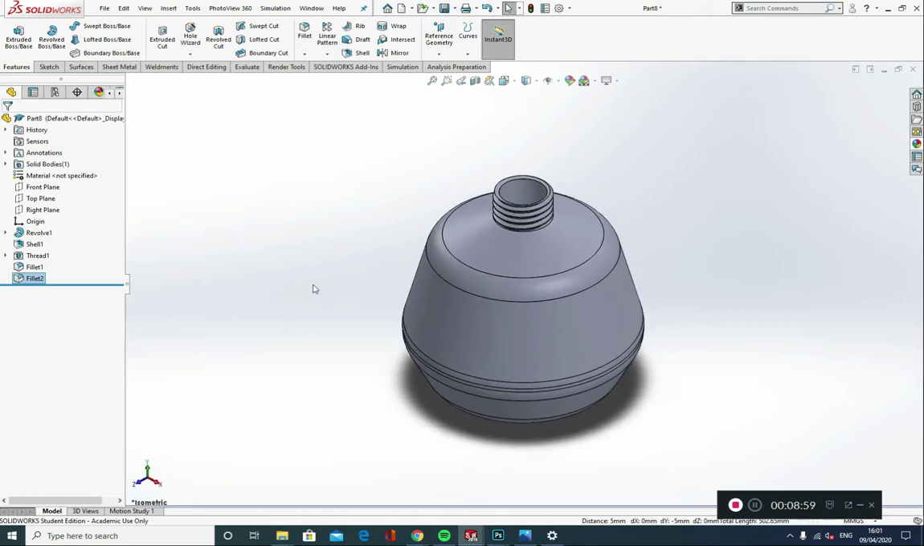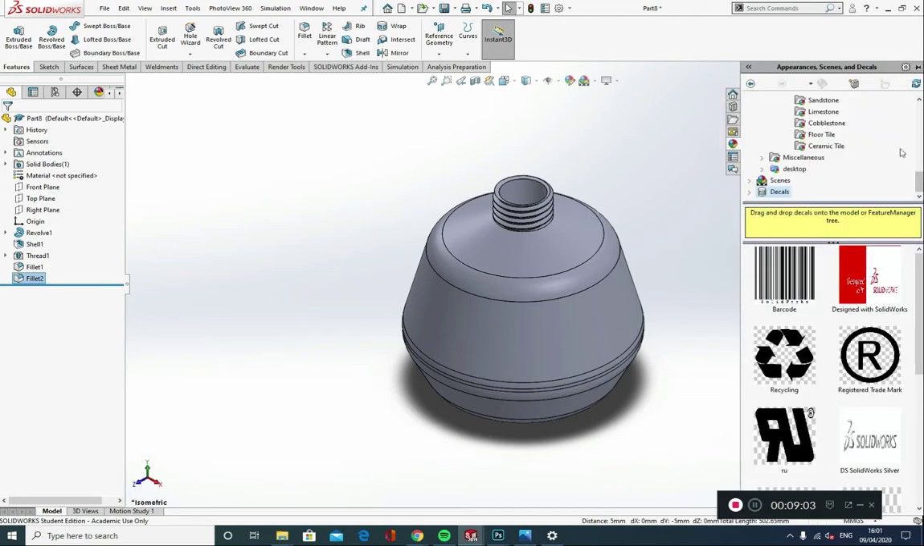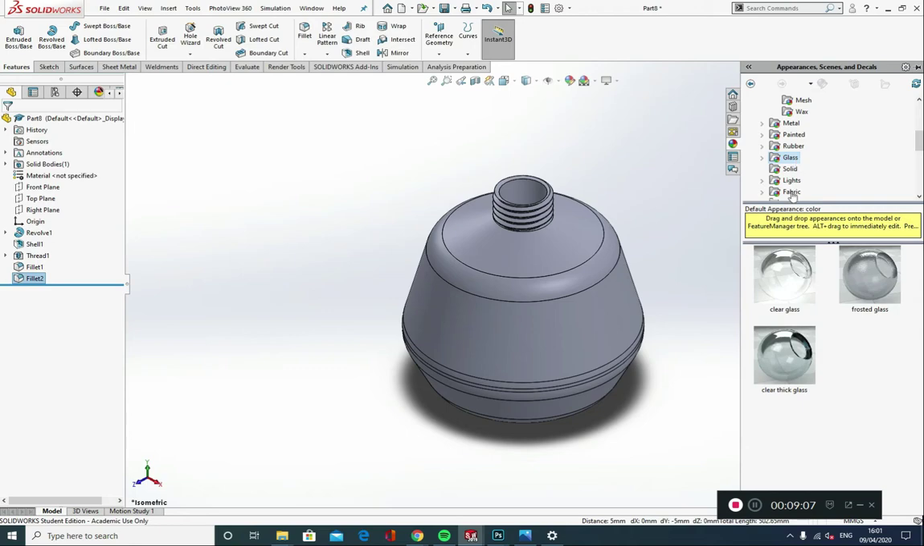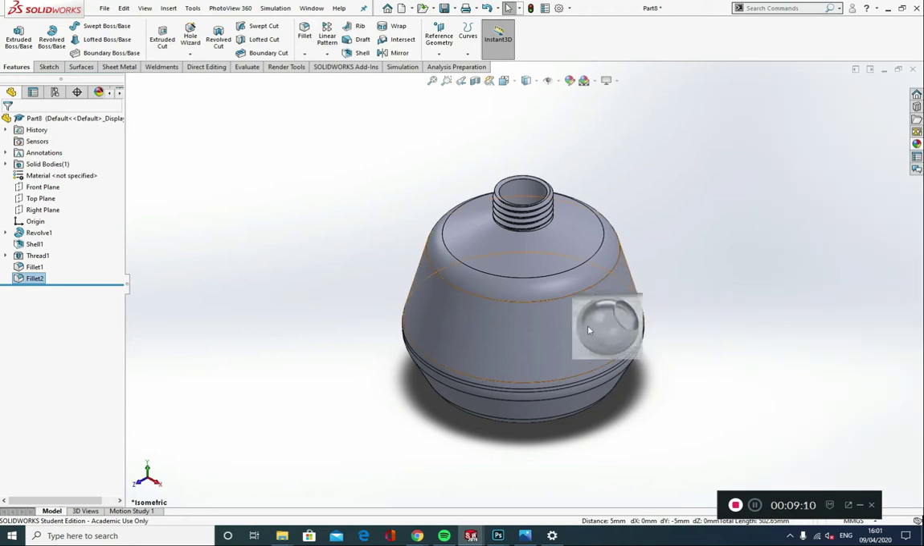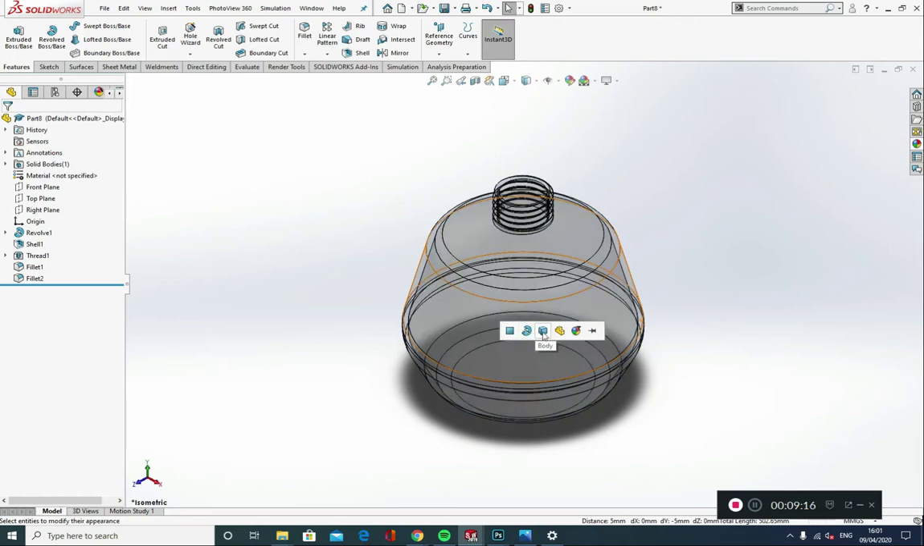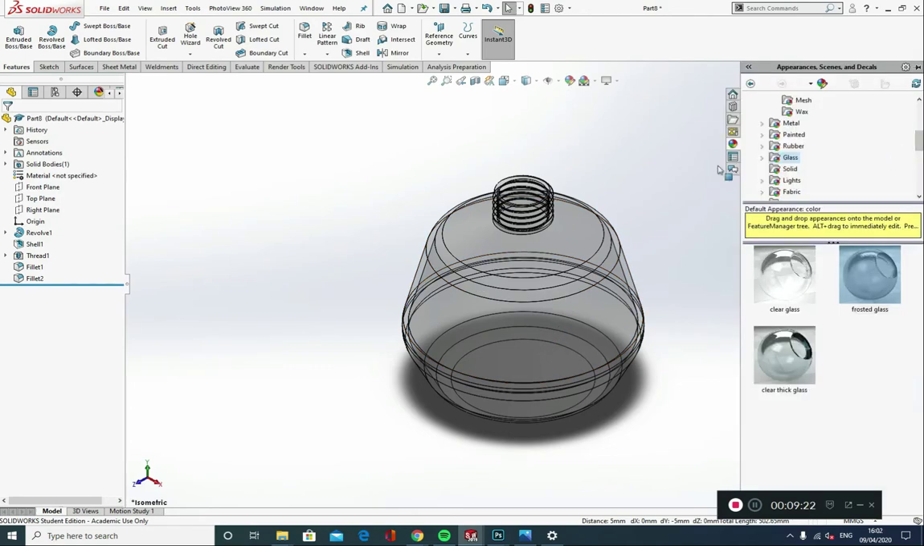And then from here, what we could do is we could go to our appearances, scenes and decals. Let's just go and have a look at some glass, and we'll use frosted glass. So we'll get frosted glass and drag and drop it on. We get three options: face, revolve or body. I'm going to select the body, and then from there I could then add